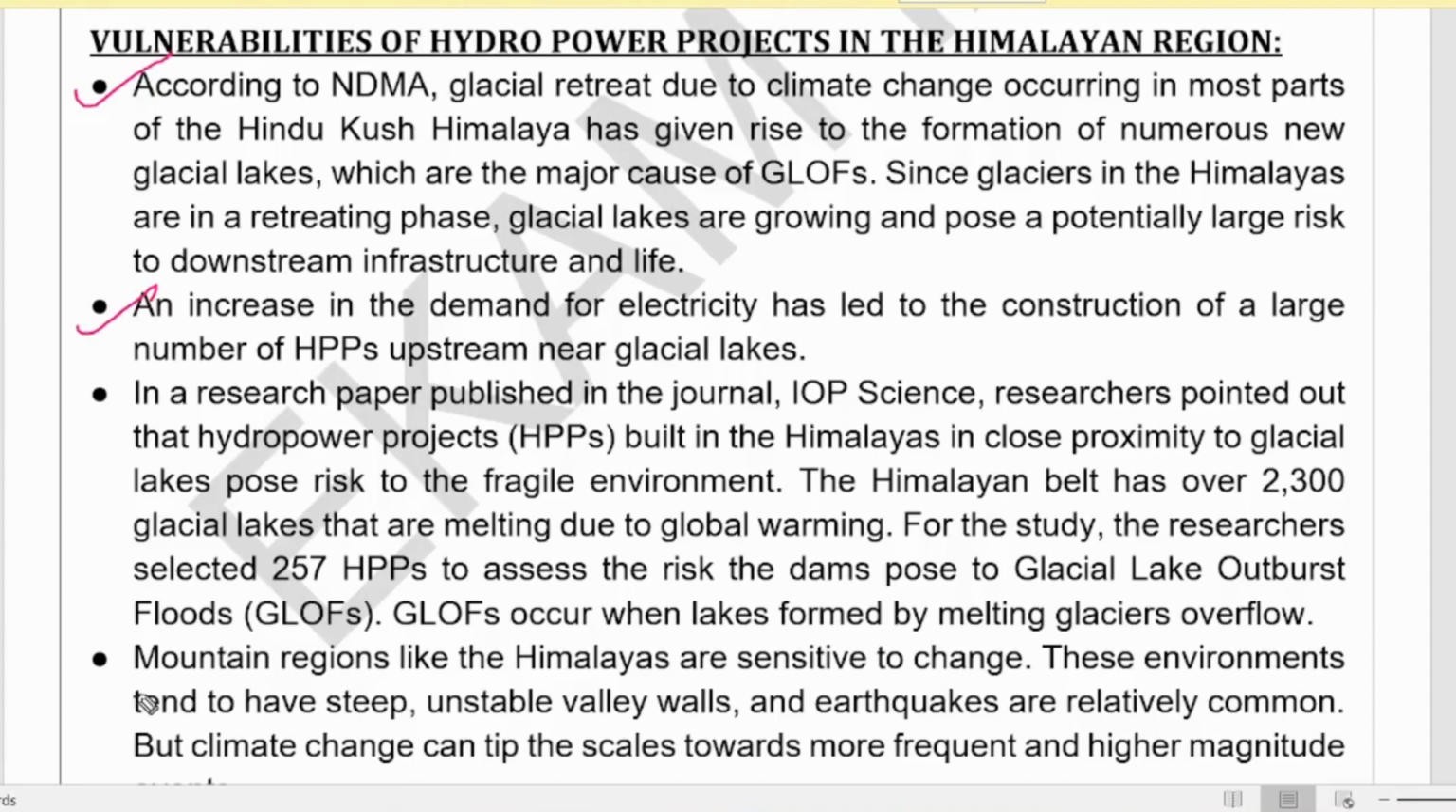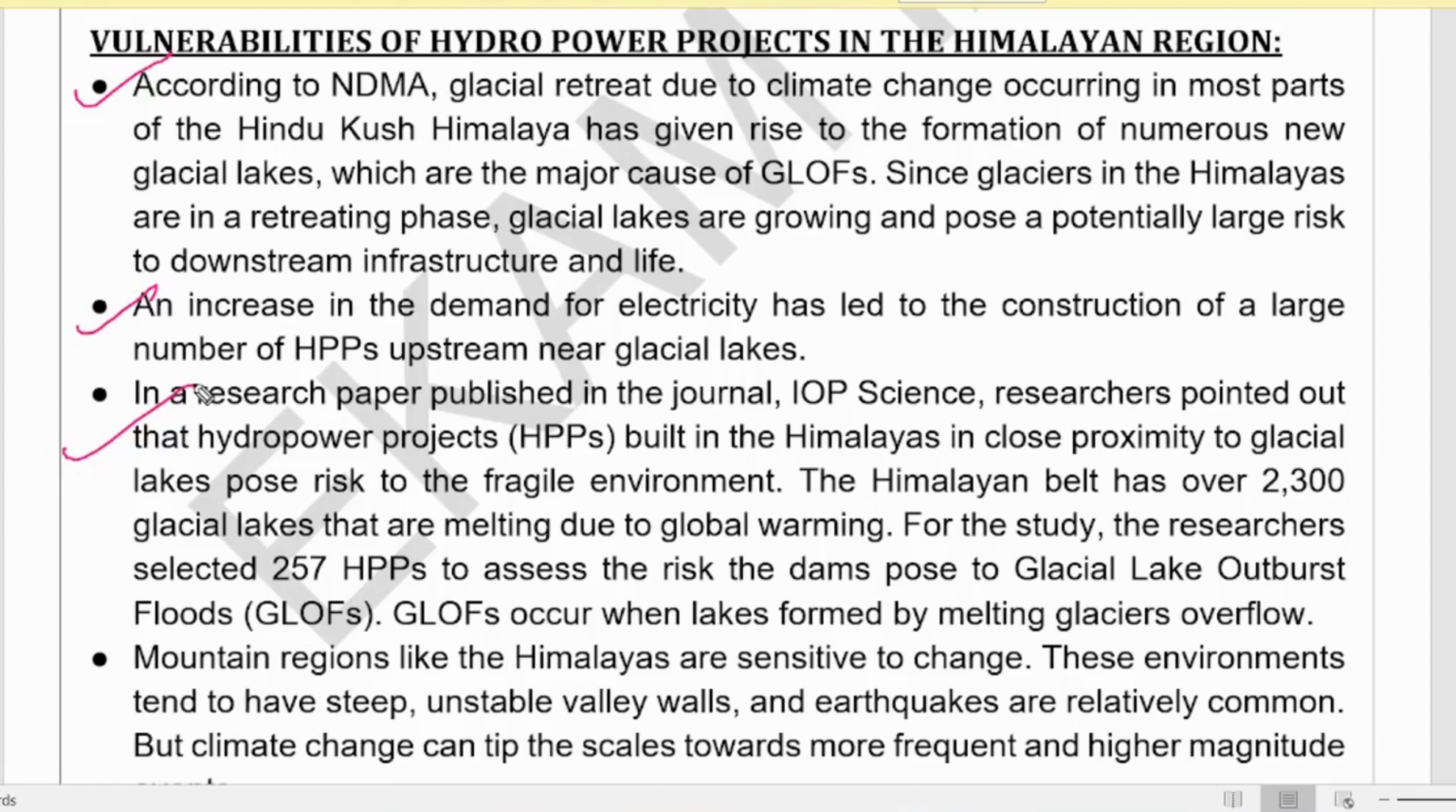In a research paper recently published by IOP Science, the researchers pointed out that when the hydropower projects built in the Himalayas are very close to the glacial lakes, they pose a risk to the fragile environment in which they are situated. And the Himalayan belt has over 2,300 glacial lakes which are melting due to global warming. And like I said, glacial lake outburst floods occur when lakes formed by melting glaciers overflow, and this abrupt flow of water contained behind the glacial dam causes a huge loss to life